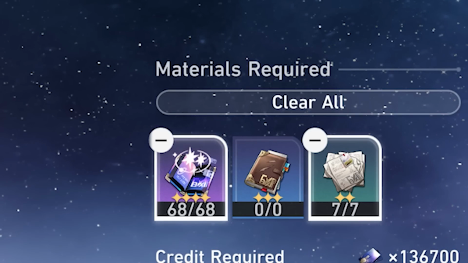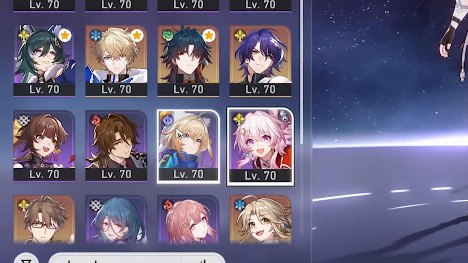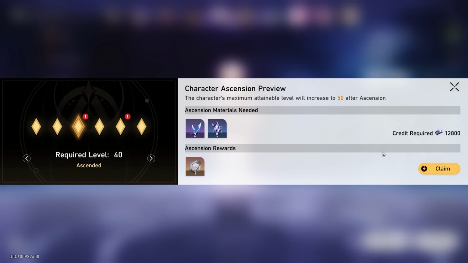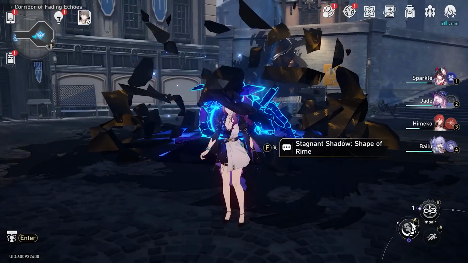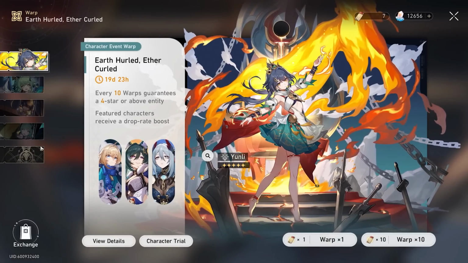I need to save for other characters, but she'll be just fine at level 70 with the rest of my 4-star units. Of course, by leveling up March, we're going to get 1 and 2 Star Rail passes. I already collected the first one a long time ago. But that being said, with those Star Rail passes, we're of course going to use them to get ourselves a